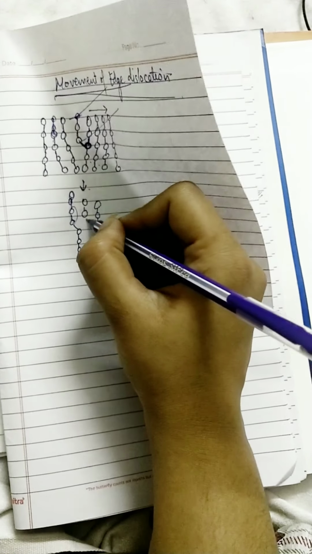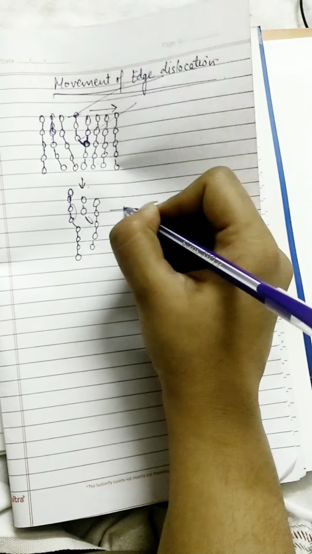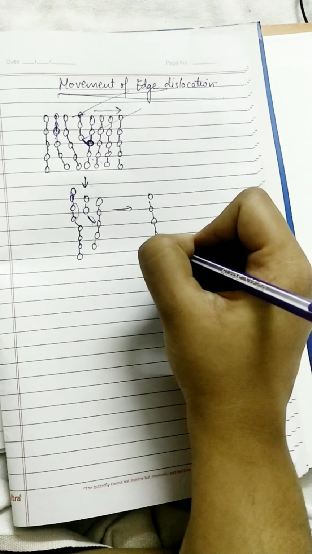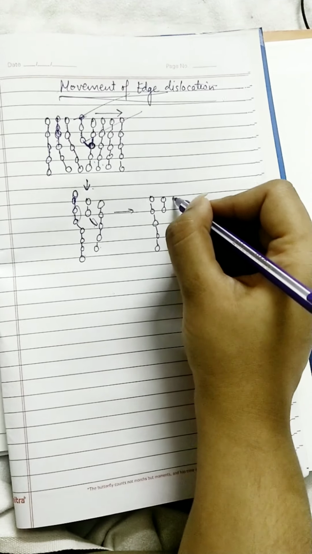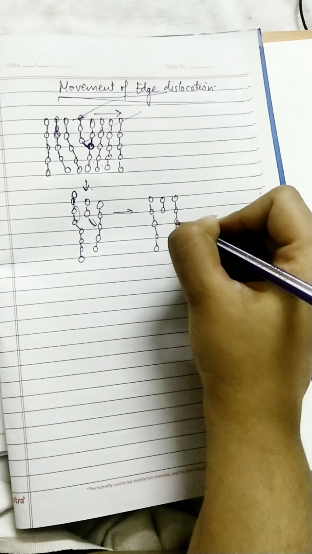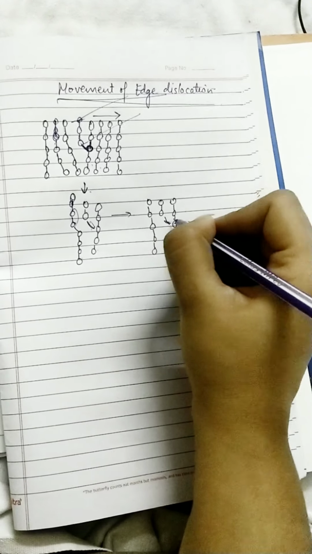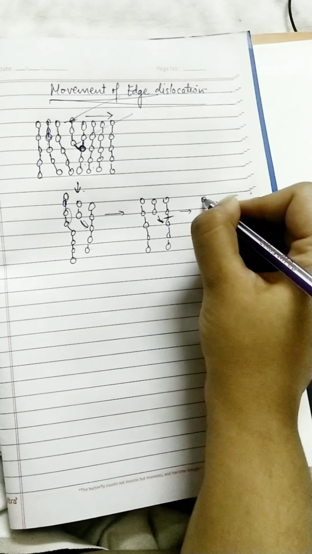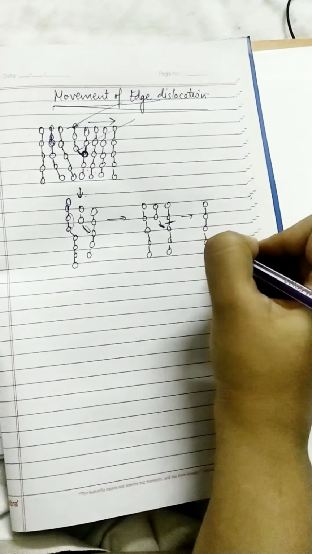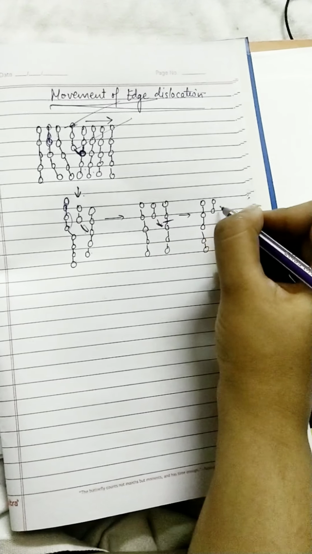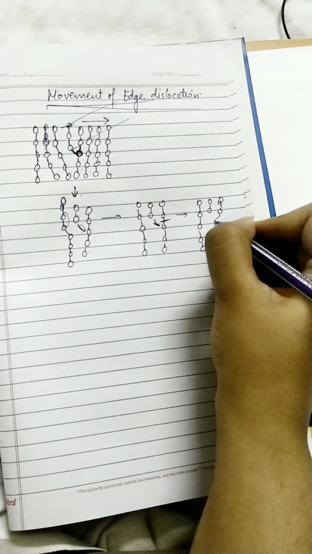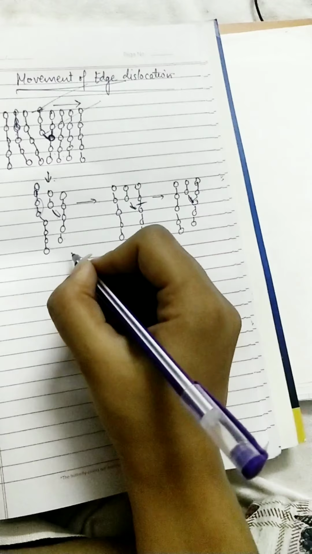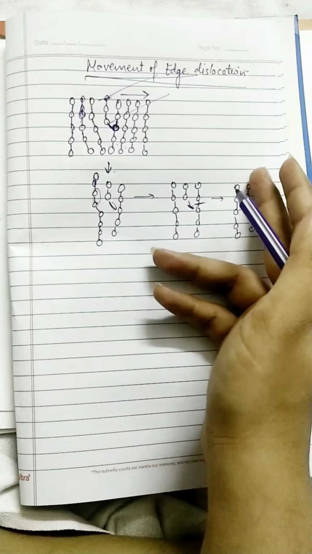Now you can see the next adjacent atomic array, a perfect array. This will again form a bond, and the atom will break its bond with the upper atom in the parent array. Again you will see that this defected array has become perfect, and the perfect array has become defected. Again the same procedure, it will form bonds. See, there are four atomic layers in the first figure, so it will repeat the process four times. Again the bond has been formed.